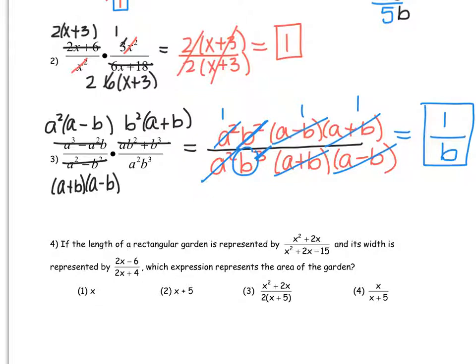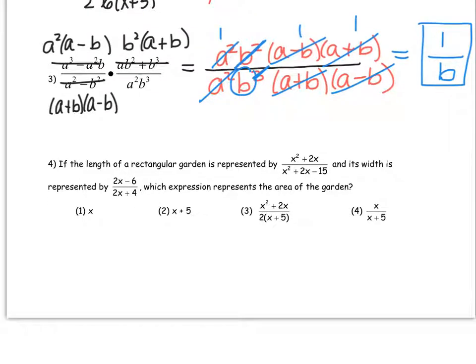Okay, I'd like you to look at this word problem now, number 4. It says, if the length of a rectangular garden is represented by this, and its width is represented by this, which expression represents the area of the garden? Well, it tells you that it's a rectangular garden. So we have a rectangular garden with length